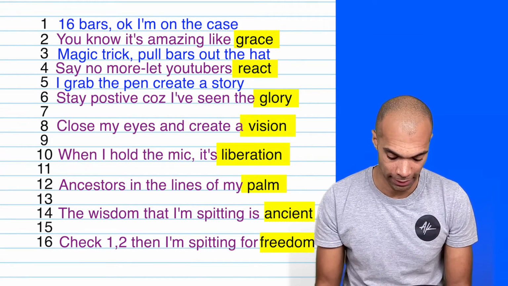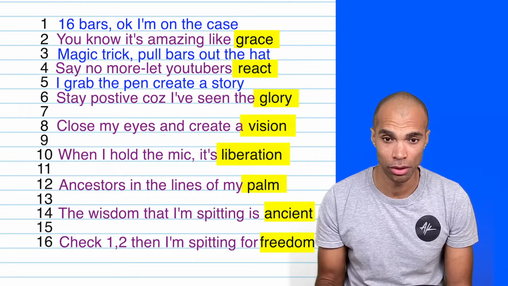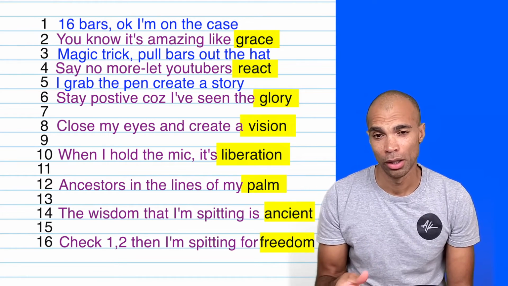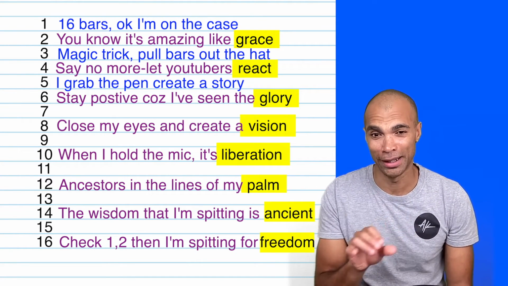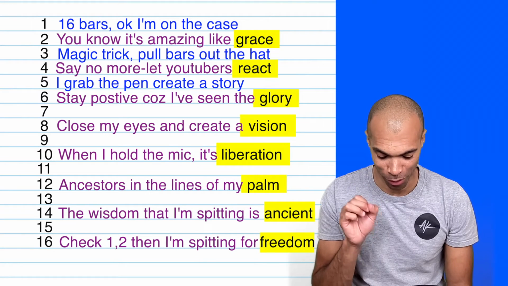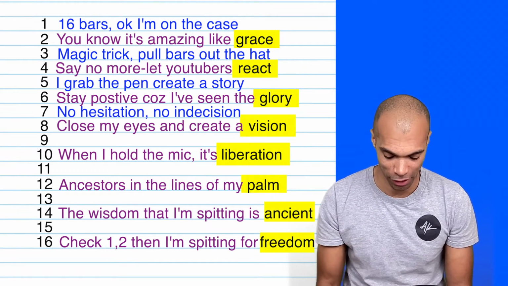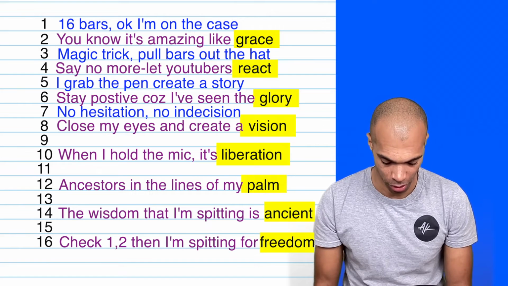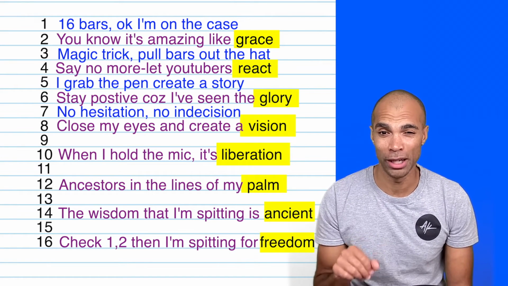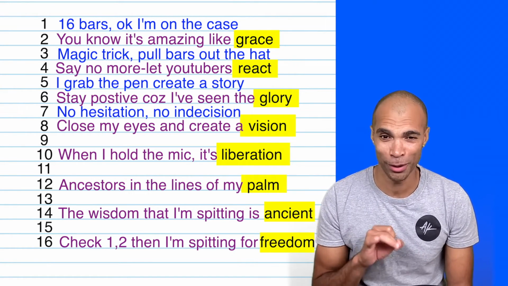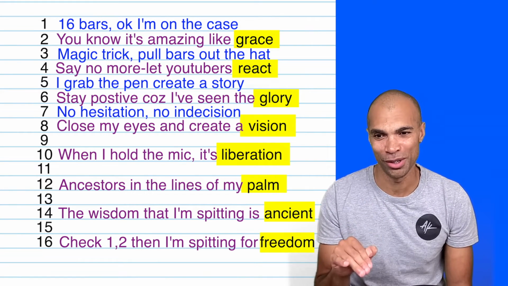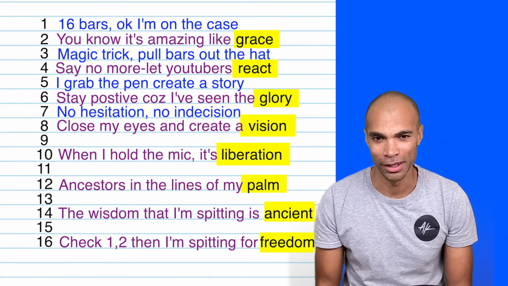And then line 8 ends in vision. So I want a rhyming line that rhymes with the word vision. So I put no hesitation, no indecision, close my eyes and create a vision. Okay, that's my punchline. Close my eyes and create a vision, using the kind of opposites in closing your eyes